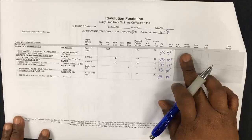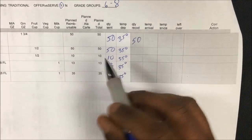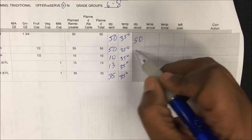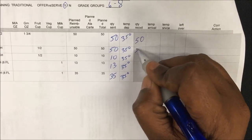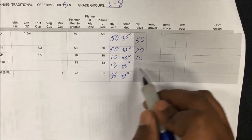So the quantity that you received, of course, you've counted them already. You know that it's 50, so that's correct. The bananas will be 50. Your apples, your milk,